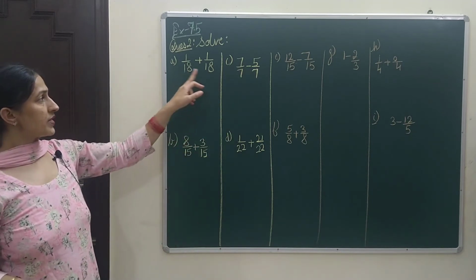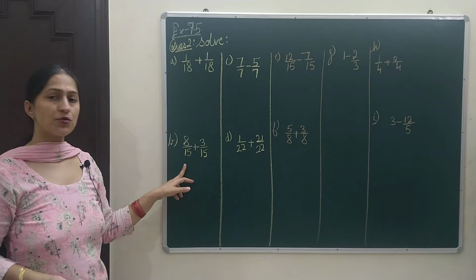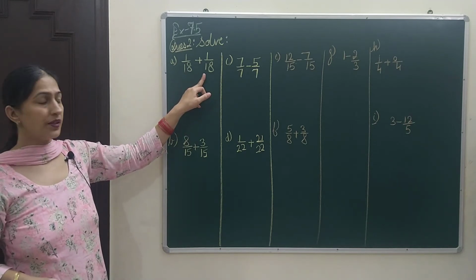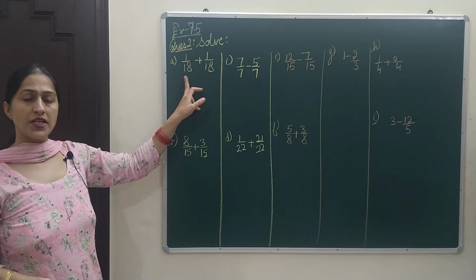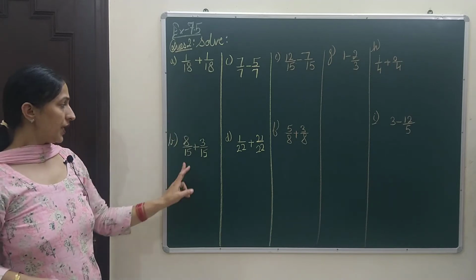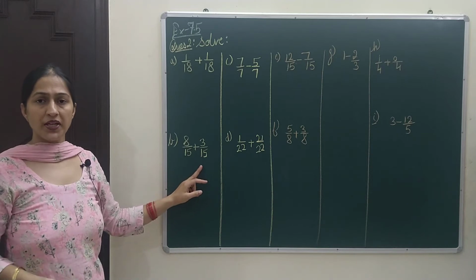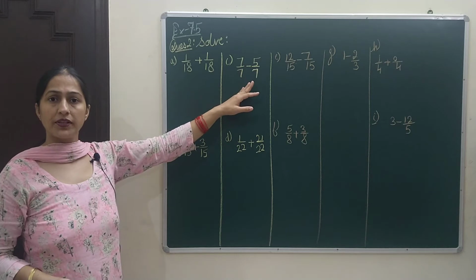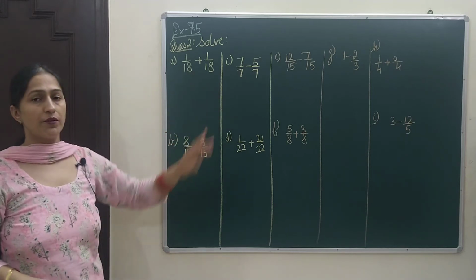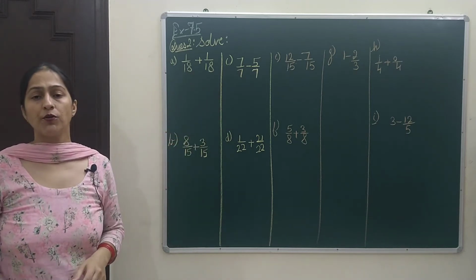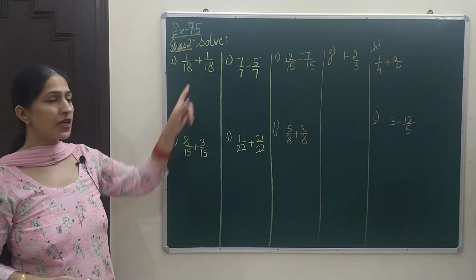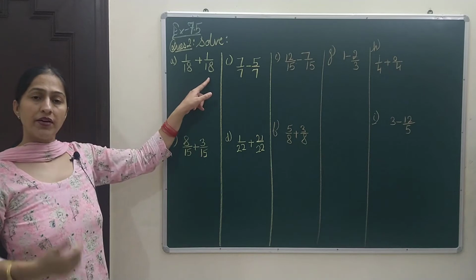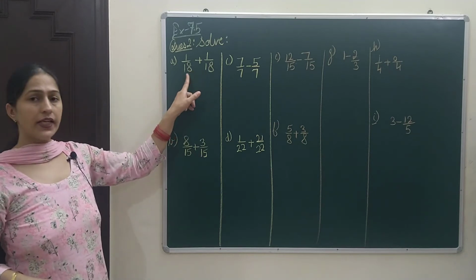Okay, so if we see in these questions, most of these have the same denominators. In the first part, denominators are the same, so these both are like fractions. In the B part also the denominators are 15 and 15, again like fractions. Here 7 is in the denominator, again like fractions. And whenever like fractions are there, we don't need to find the LCM as the denominators are already the same. The LCM work is just to make the denominator the same. When it is already given, we will retain that denominator.